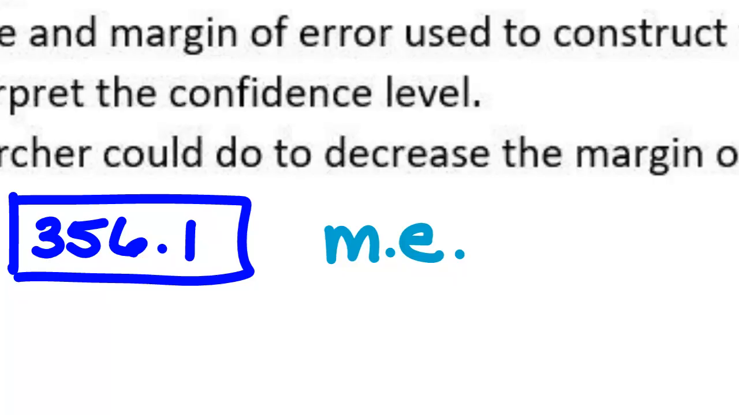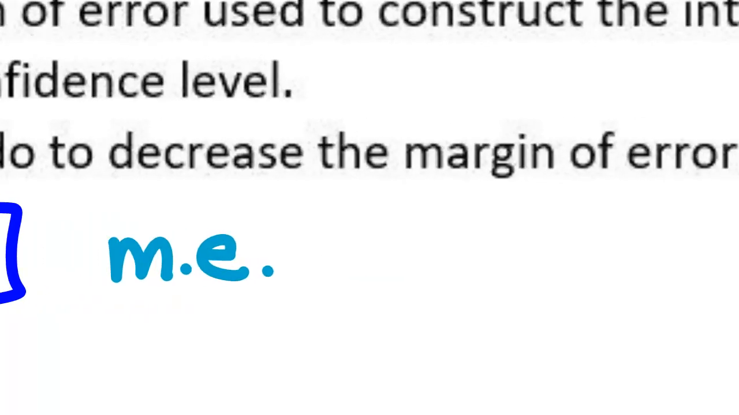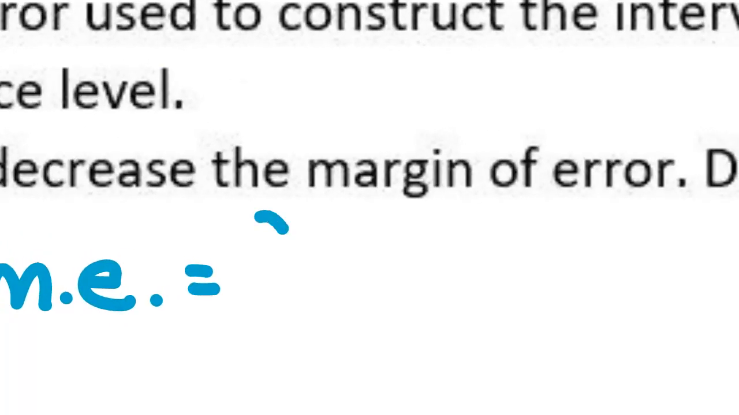Or you can take these two endpoints right here. You can subtract them to figure out how far apart they are on the number line. And then you can cut that distance in half so that you go from the point estimate to just one end. So for our margin of error, we can do